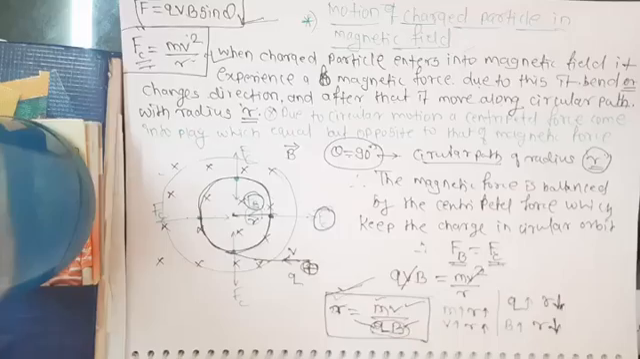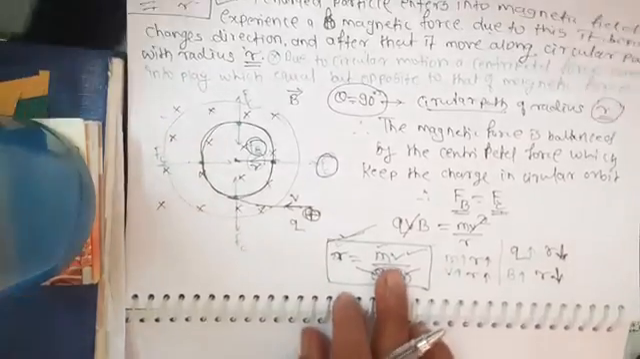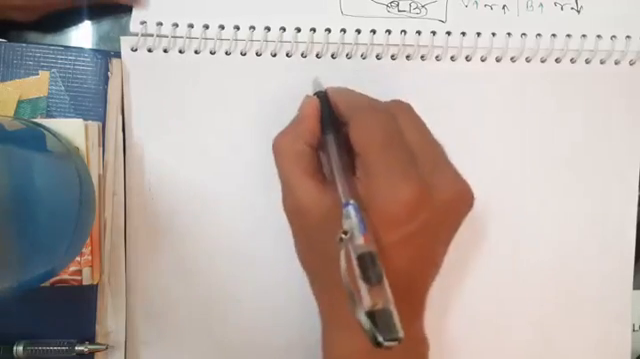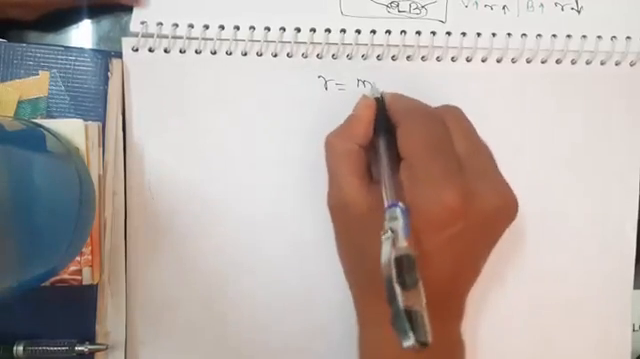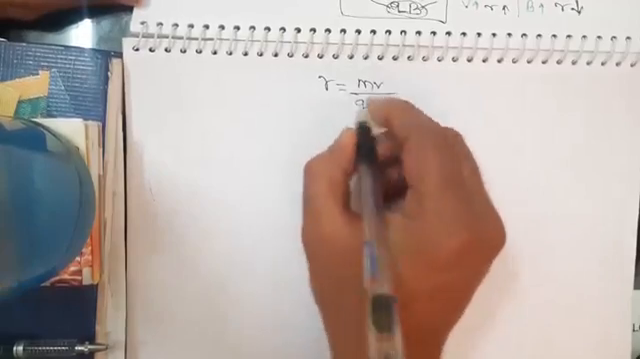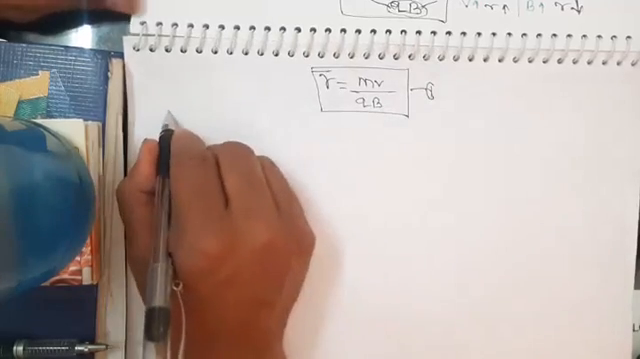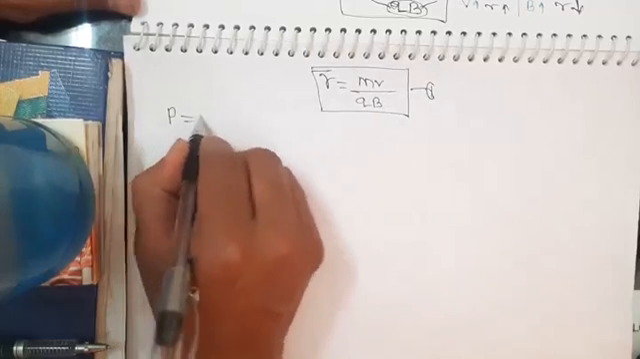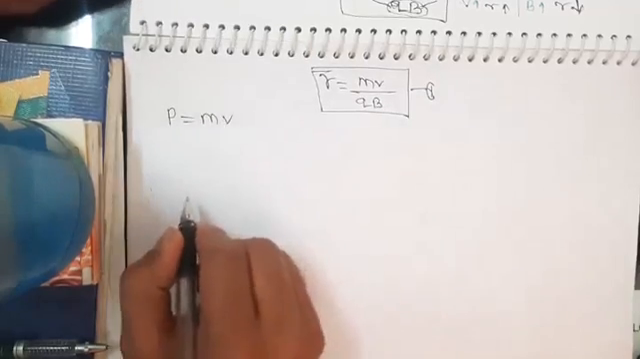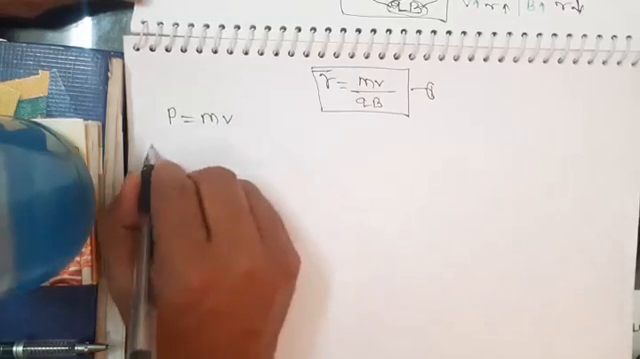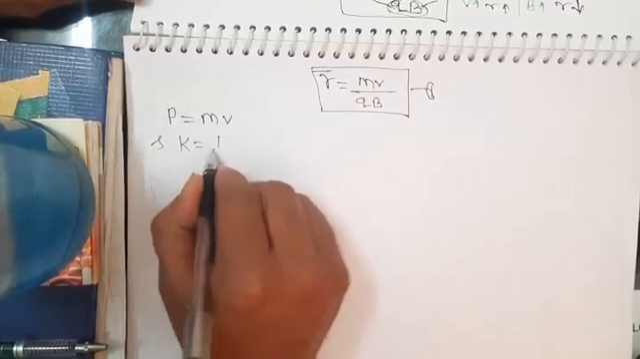Next we will see different forms of this particular equation. I will write it down once again. R is equal to mv divided by qB. This is the first equation. As we know, momentum is equal to mass into velocity, and kinetic energy is equal to